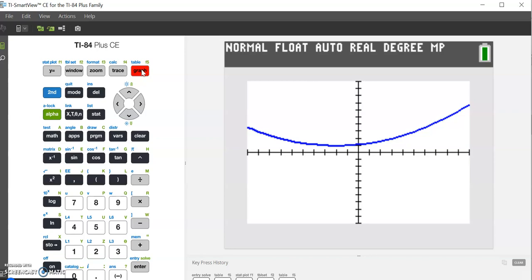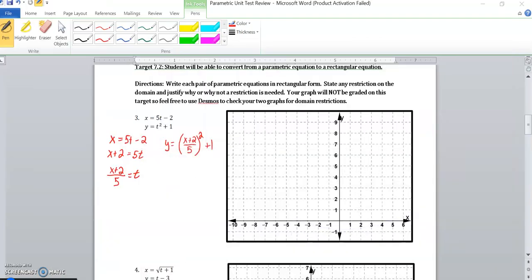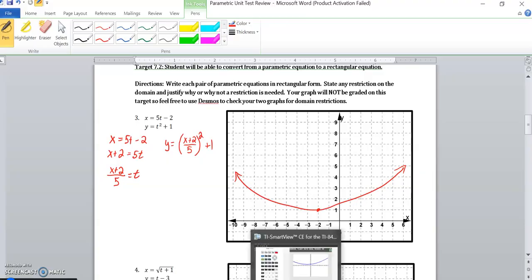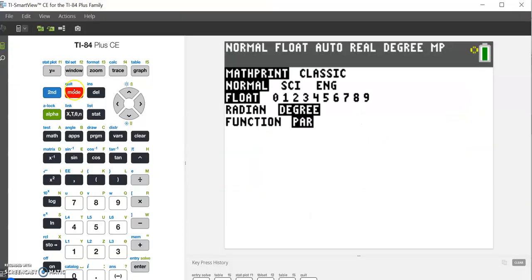And so I'm going to attempt to draw that. And what we actually find is, let's see, -2, 1, does happen to be the vertex of this, but it's going to be a very, very shallow bowl like that. If we go back, change our mode to function,